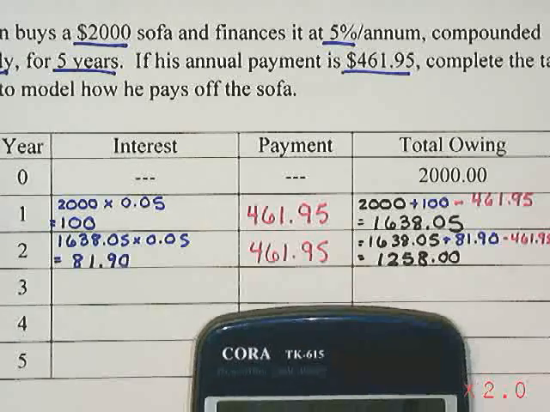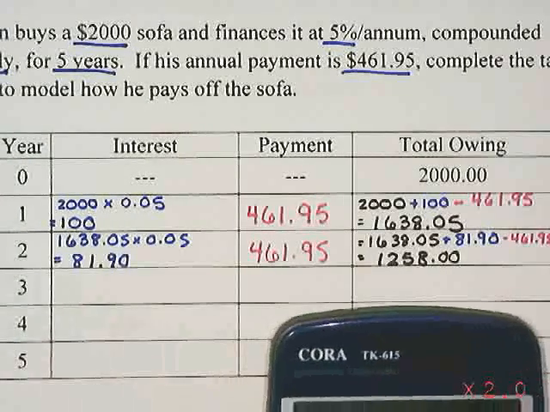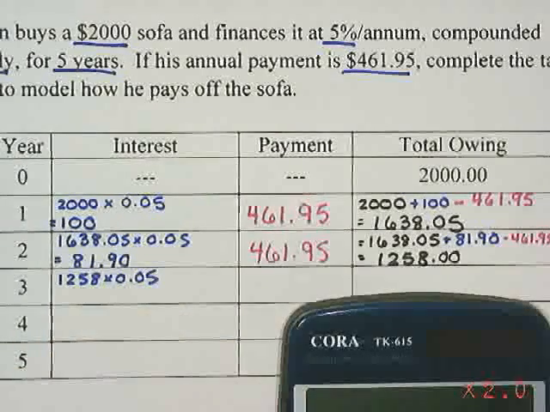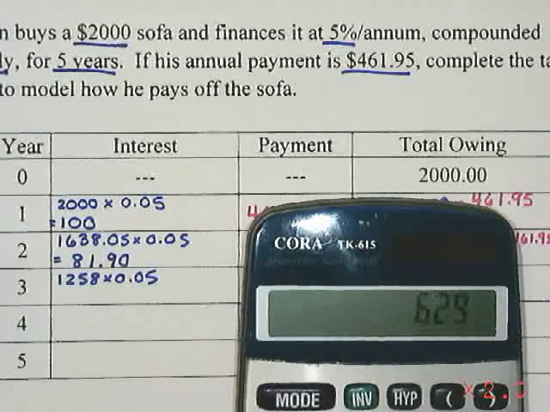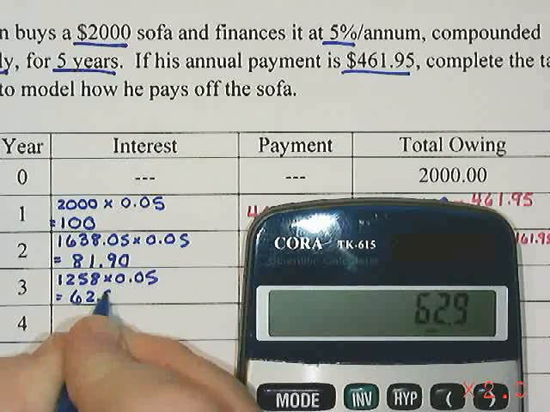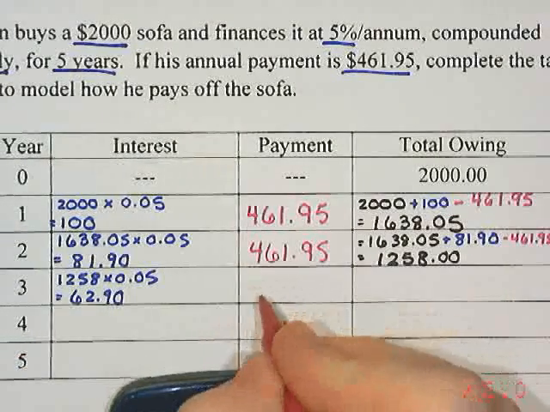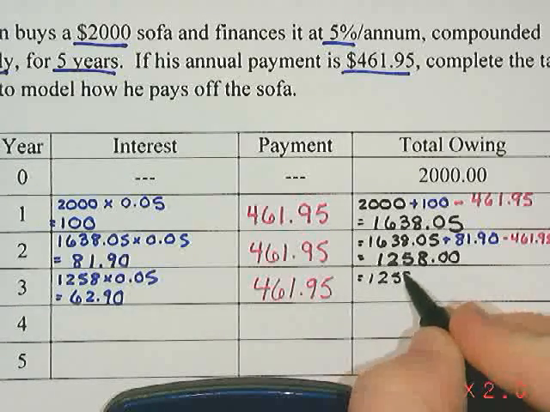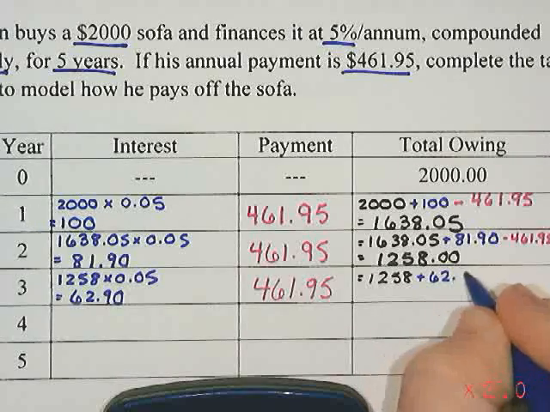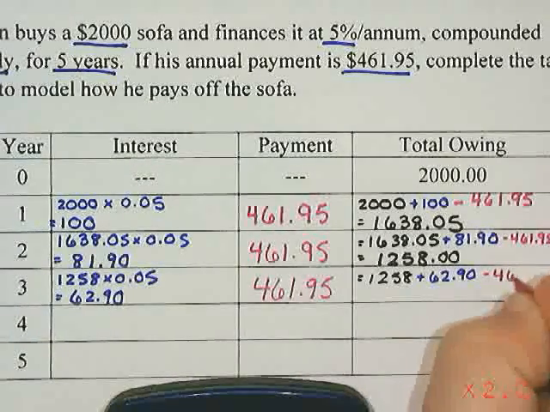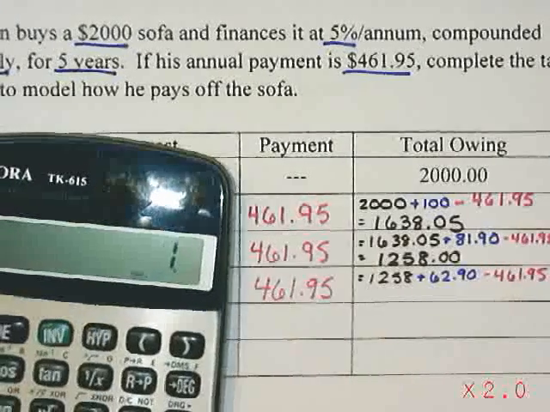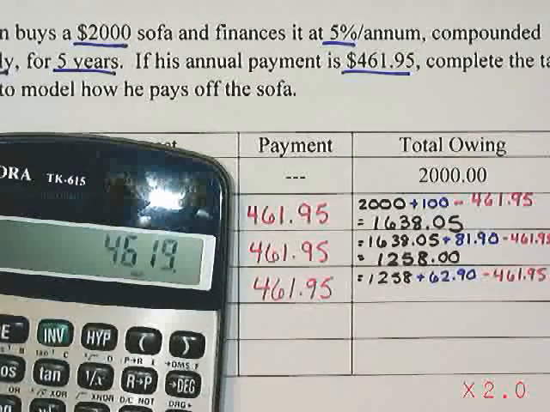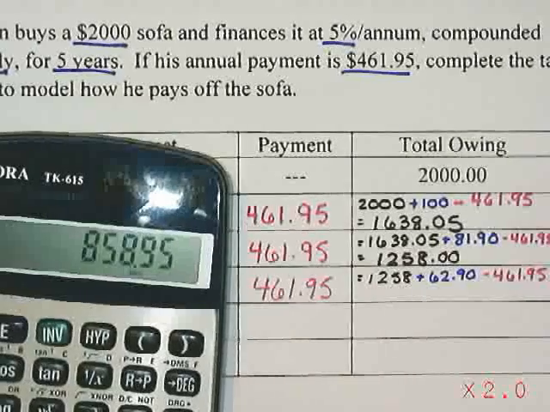Next year comes around, and he still has to pay interest on what he owes. So he owes an extra 5% of $1,258. 1258 times 0.05 means he has to pay $62.90 in interest. Plus he makes his payment of $461.95. We take the remaining balance of $1,258, add the interest, the $62.90, and then subtract the $461.95, which is his payment. So $1,258 plus $62.90 minus $461.95 means he now owes